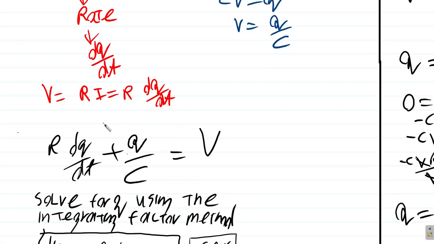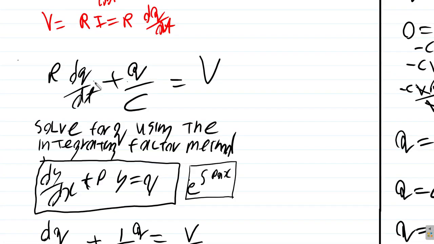So now, you see that this takes the form of a differential equation. The general form is dy by dx plus py equals q, and the integrating factor is e to the integral of p dx. All right. So here now,